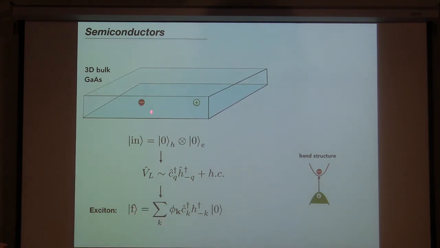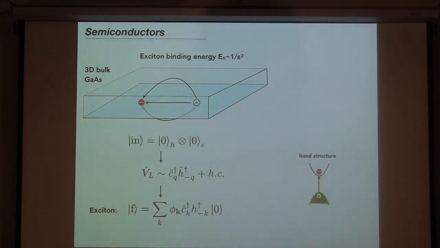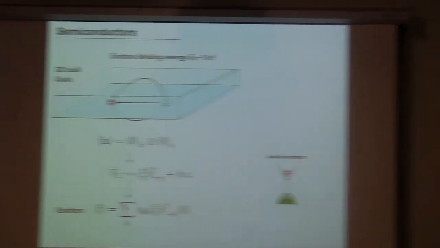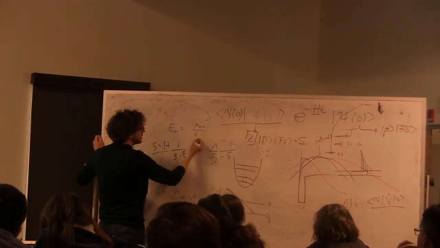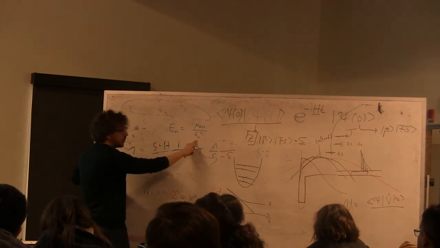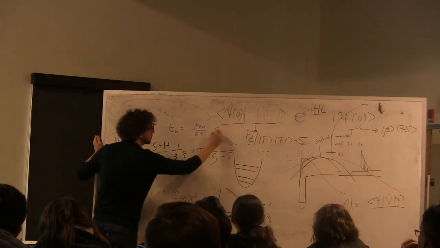But what type of problem is this? Well, this is a negative charge and a positive charge. That's a hydrogen problem, only that the proton has almost the same mass as the electron. So to calculate the binding energy, we have to solve the hydrogen problem. And typically, when one calculates this in vacuum, one sets important quantities to 1. If you calculate the spectrum of the hydrogen problem, what one would find is the reduced mass of the problem divided by the dielectric constant squared. Normally we have the vacuum dielectric constant, but for gallium arsenide, we have the actual dielectric constant squared, and then there's the principal quantum number squared.